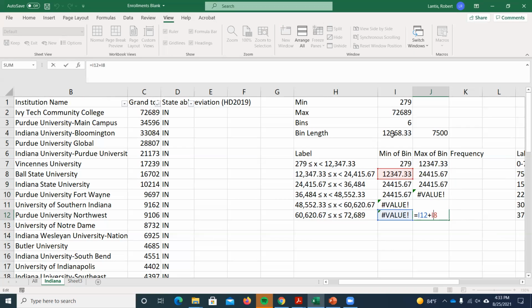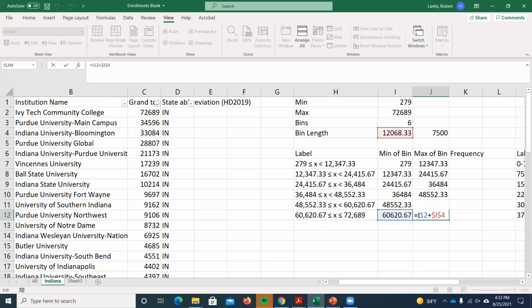Well, I forgot when I copy these down, it updates every cell reference. So what I really want, in the next bin, I don't want to keep using I8, I want to use I9, right? I'm starting off at I9, but I still want to add to it the value that's in the cell I4, right? That bin length. So I want that I8 cell reference to keep updating, but I don't want this cell reference to update. So I'm going to hold FN, F4, Command T on a Mac, put those dollar signs so that it freezes that cell reference when I copy it down. Now when I copy these down,